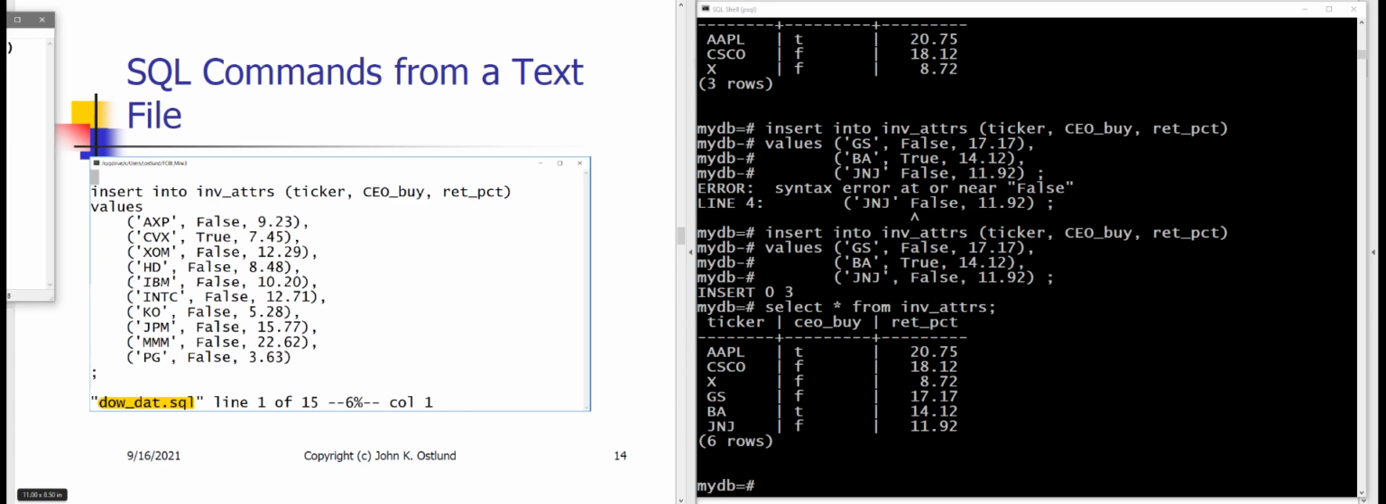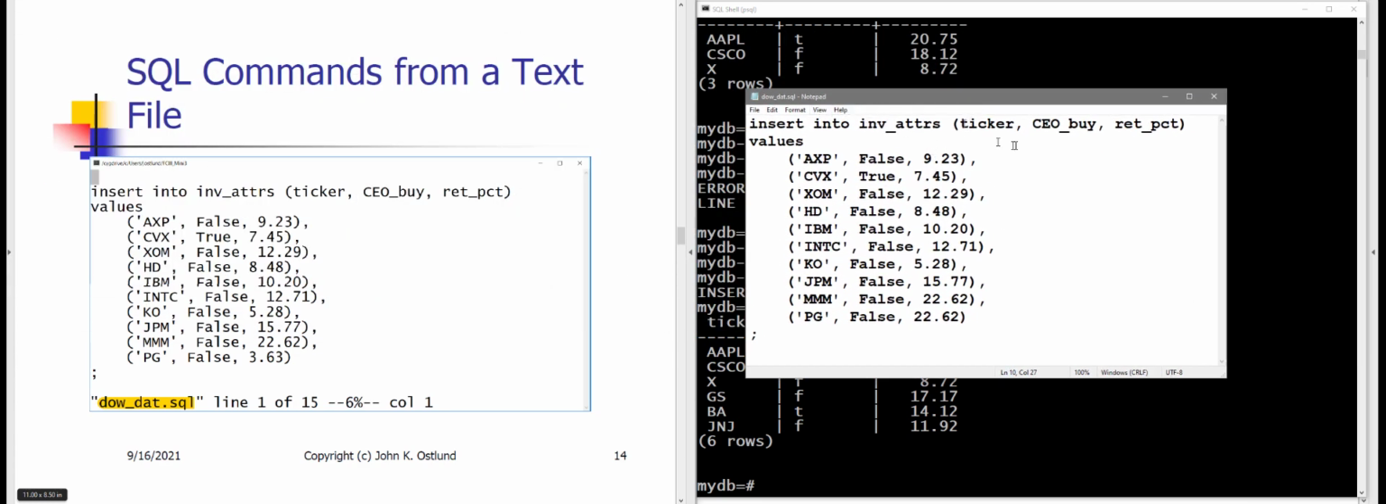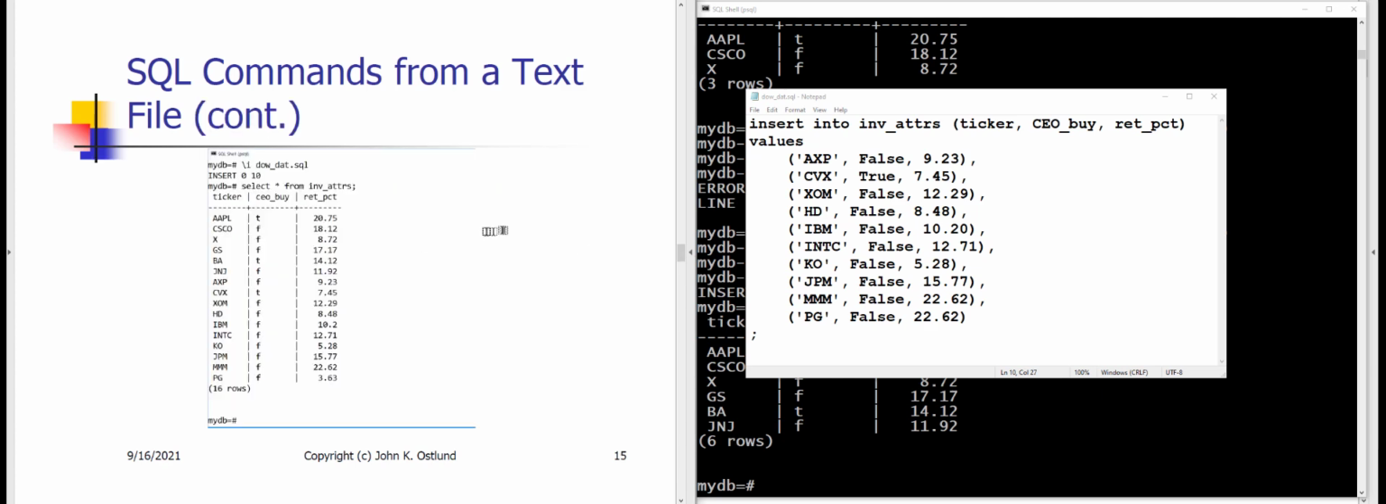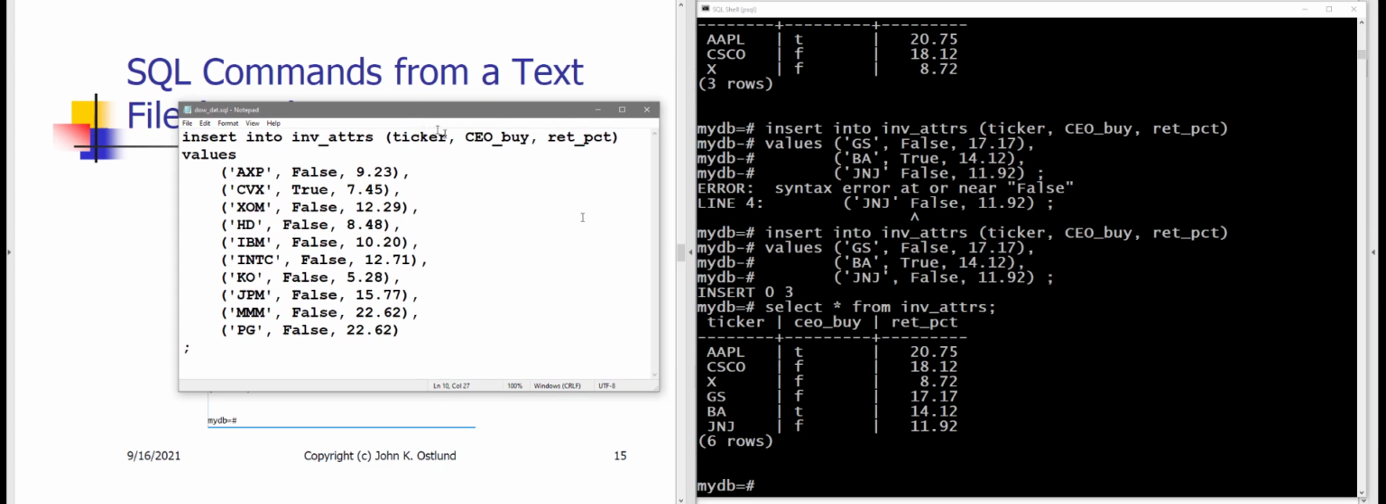All right, so here is that file. I created it just using Notepad, and I have saved it named dow_dat.sql. I happen to save it in my own downloads directory so that it will be easy to find. The psql command, the SQL shell command that I use to cause the shell to read commands from a file, is this \i command. And so let me scoot my file over here and I'll say